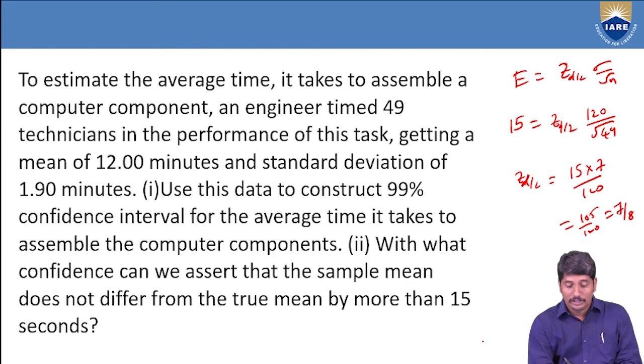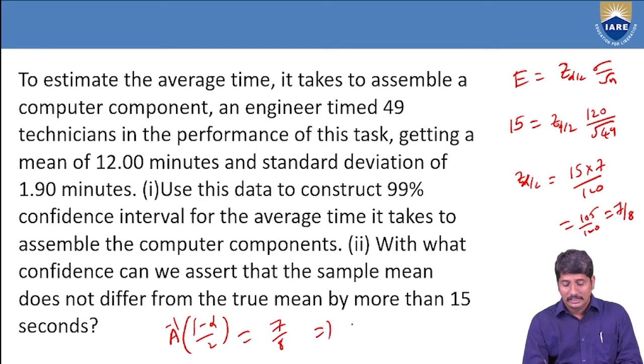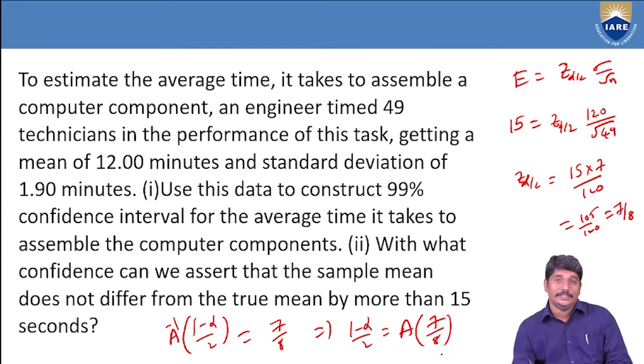And we know that Z alpha by 2 is nothing but A inverse of 1 minus alpha by 2. That is equal to 7 by 8. This implies 1 minus alpha by 2 is equal to A of 7 by 8. What is the value of 7 by 8? If we divide 7 with 8, we will get this value as